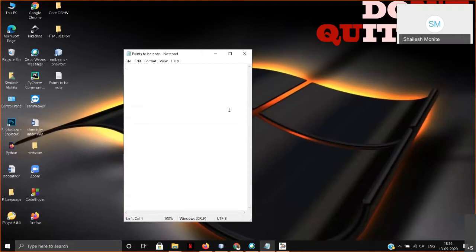You can use HTML in lowercase, or you can use HTML in uppercase. There is no restriction of uppercase and lowercase.